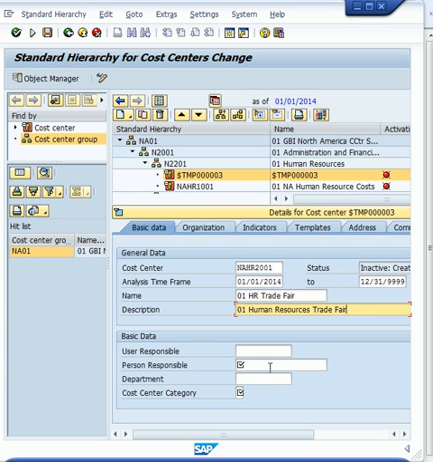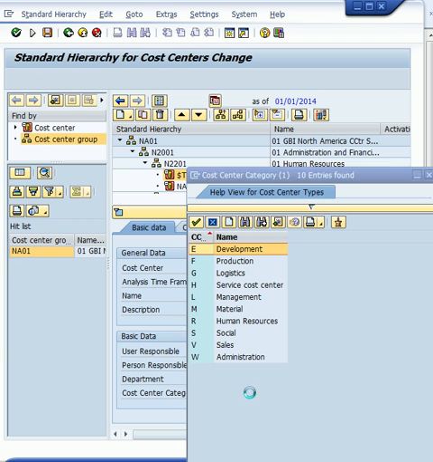The person responsible is again the North America HR manager. And now the cost center category is not W, it's R. It's a good thing to find out what R stands for. R is human resources. The W was administration. So the human resource department is part of administration, but then the trade fair is just part of human resources